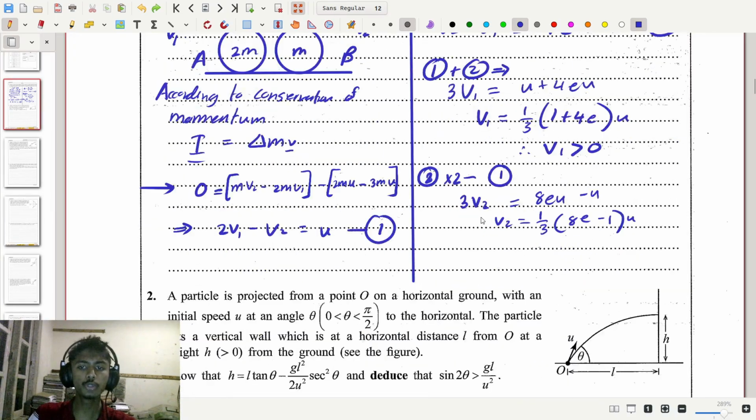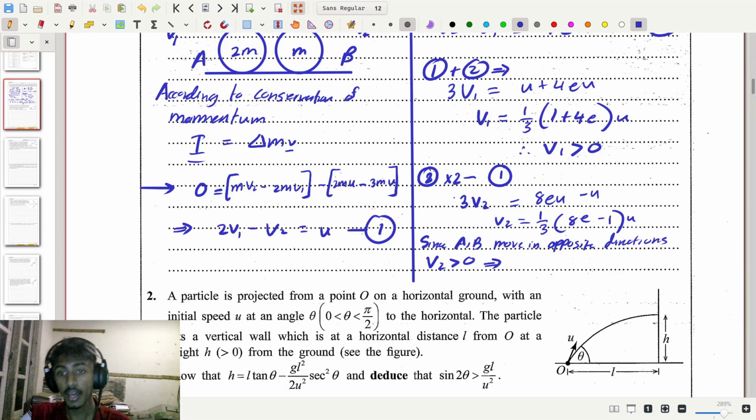So according to that, to rectify the situation, we need to say, since A and B move in opposite directions, we can say V2 must be greater than 0. Now in this case, if I just consider what I have here, I have 1/3 times 8e minus 1 times u. Now in this case, 1/3 and u are both positive. Therefore, I can divide both sides of the equation here by that number,